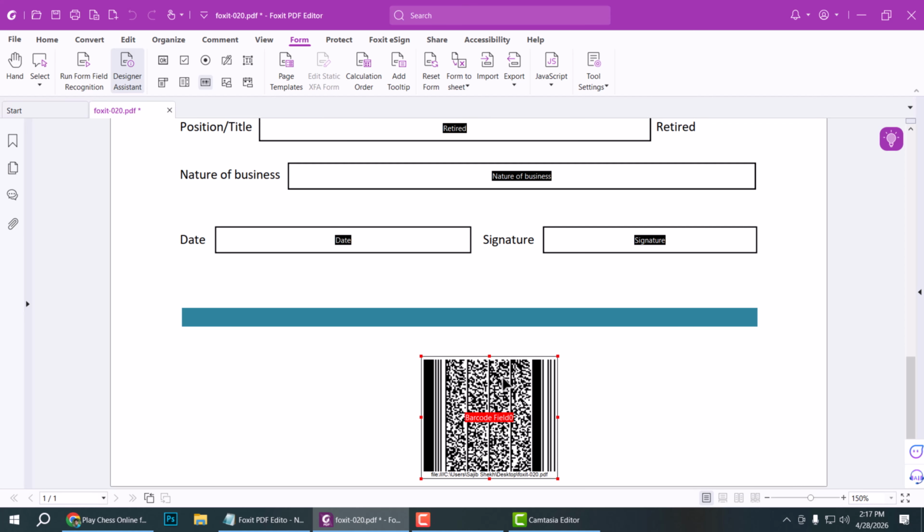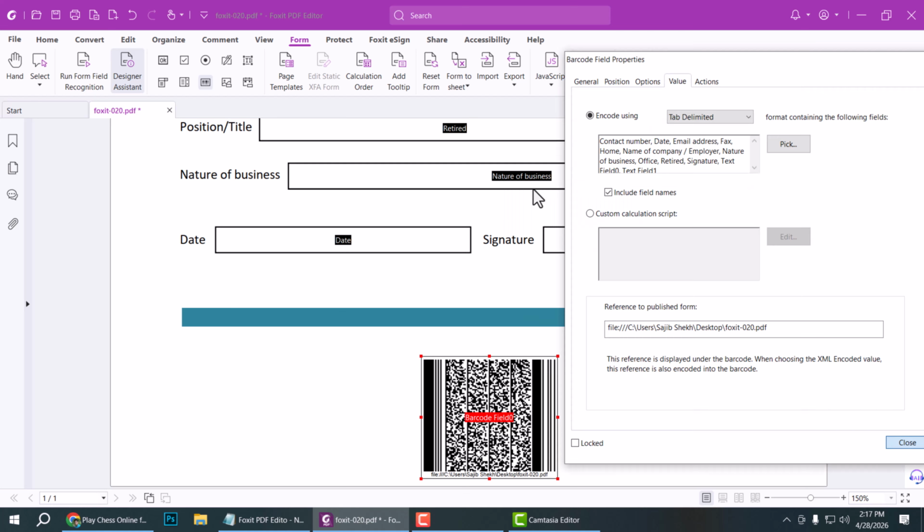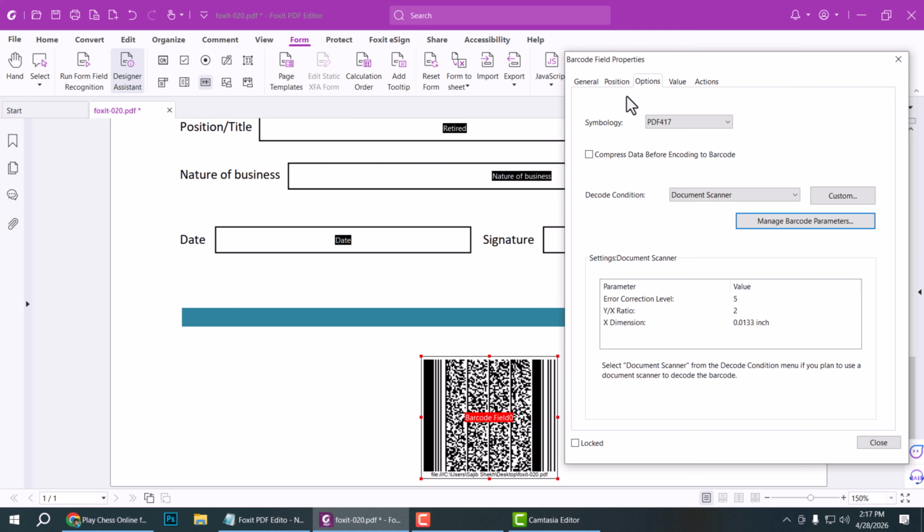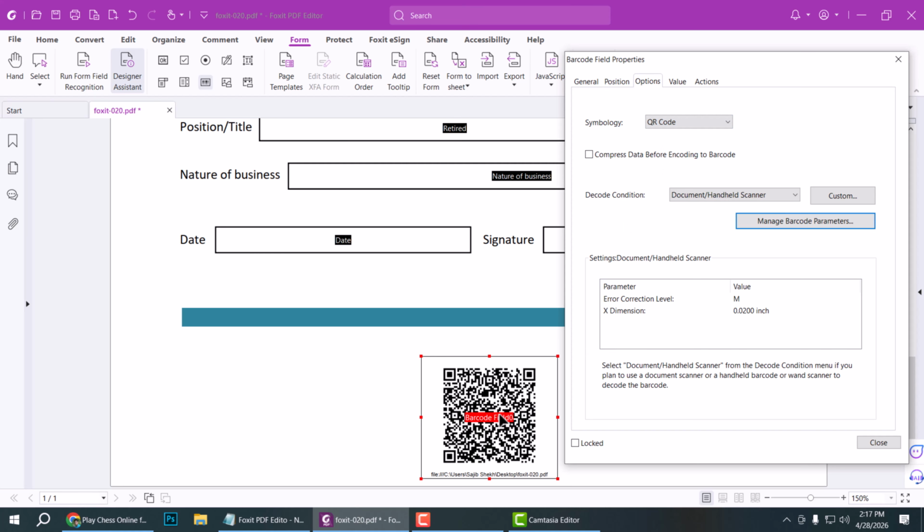Now press the right button and select the properties dialog box. In the properties dialog box, go to the options menu, and this symbology option, and this is the QR code option. Select this one, and this is the QR code now added,